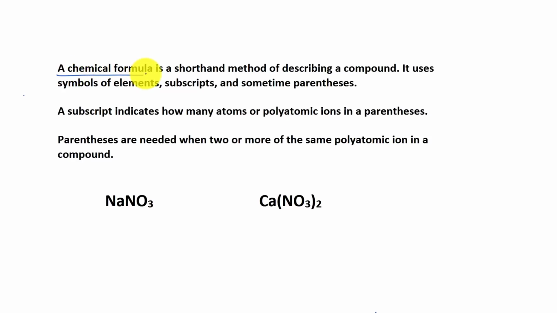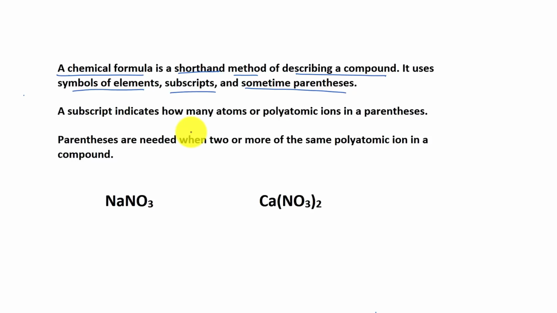Now, a chemical formula is a shorthand method of describing a compound. It uses symbols of elements which are on the periodic table, subscripts, and sometimes parentheses. Let's look at the examples, in this case, to understand how subscripts and parentheses are used in